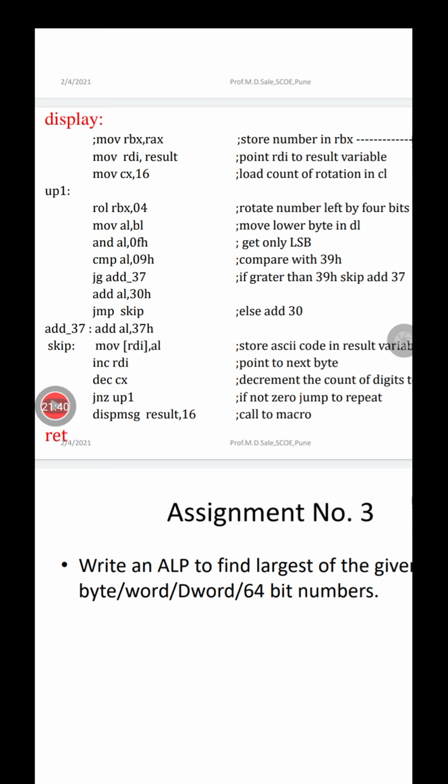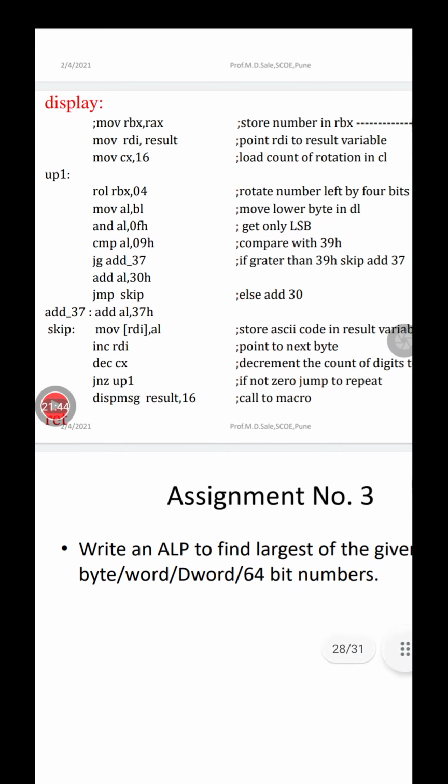After compare, it will check the condition whether AL is less than 9 or greater than 9, and accordingly it will jump. But JMP, unconditional jump, will not check any condition. It will directly jump to the label mentioned. So JMP skip will skip the instruction add AL, 37H, because we don't want this instruction once